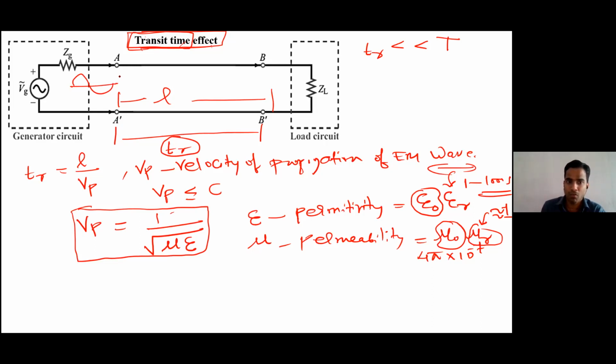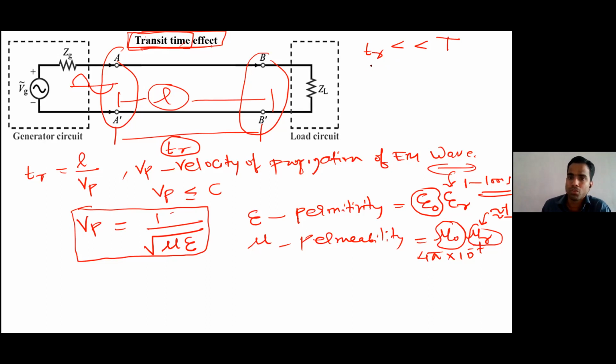It's not that whatever voltage you give at this end instantly reaches the other end. Does it happen? No, right? It takes some time, and because of that the transit time effect comes into the picture. So there is a potential drop when we go to high frequency. At low frequency, we don't consider the length. Till now in your previous semesters, you must have never come across the concept of length of the conductor. It matters in terms of resistance, but not as much as it matters in high frequency.